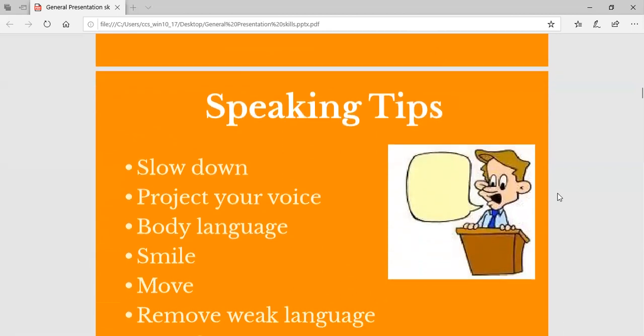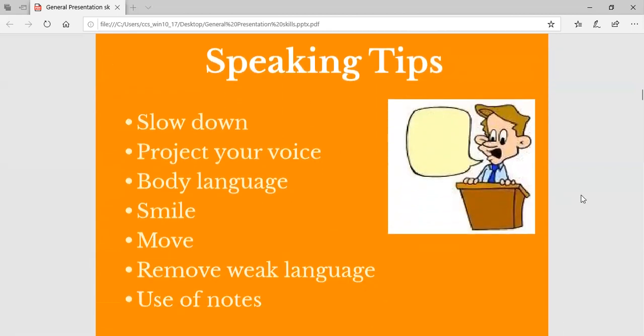Next, speaking tips. Slow down. I'm very bad at that because I talk very, very fast, but yeah, okay. So try to slow down, don't talk too fast, okay, because not everyone has the same listening skills. So you might want to slow down a bit, and that applies to me, I'm talking to myself as well. I'm supposed to slow down. Project your voice, so speak clearly and loudly, loud enough, okay, not like you're shouting, but